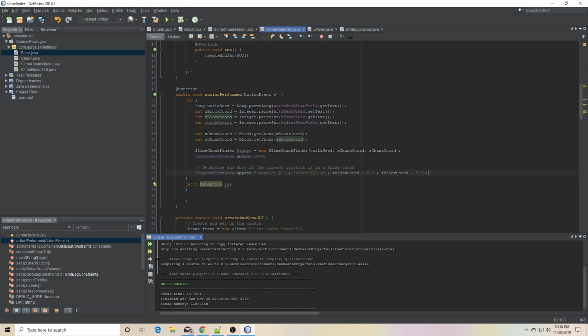So we're going to pin that in there. So this is saying at the location at block XZ,